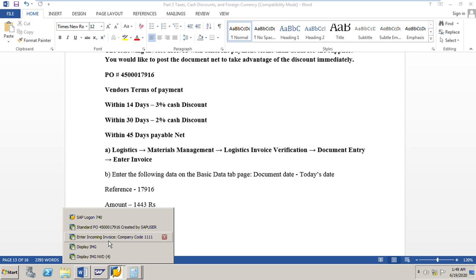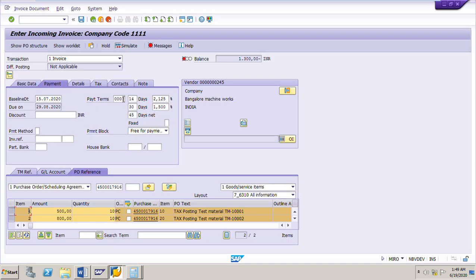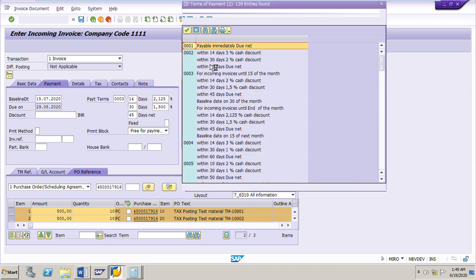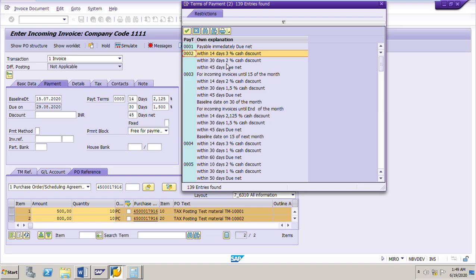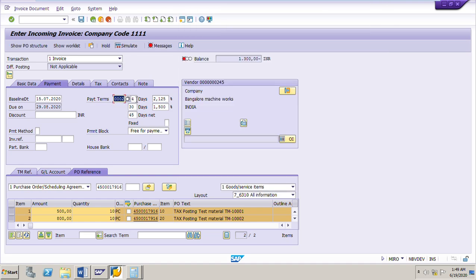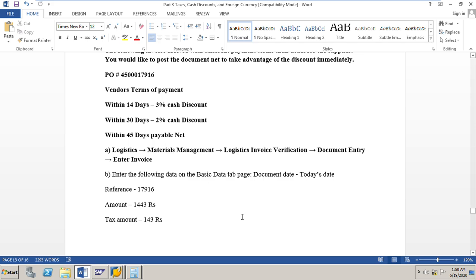We will change the terms of payment here. He has given 3% within 14 days and 2% within 30 days, which is the same as payment term 0002. I will change it to 0002. Enter. Now the discount has changed: 3% within 14 days, 2% within 30 days, and 45 days net. So I have changed the terms of payment in the invoice.